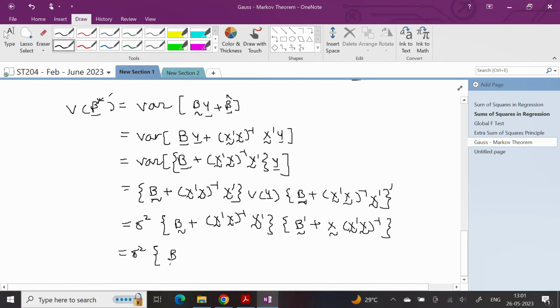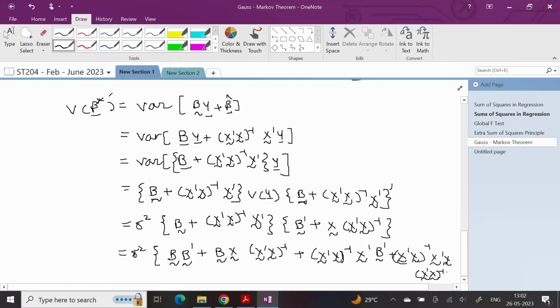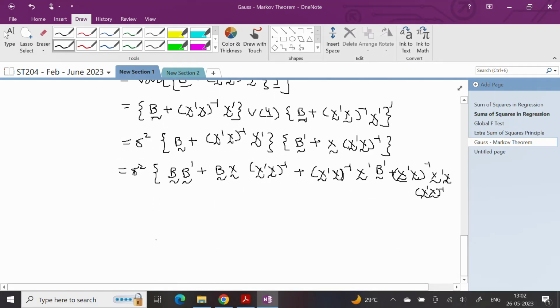So this is sigma square into, let me take the product, so I'll have B prime plus B X into (X prime X) whole inverse, plus (X prime X) whole inverse into X prime into B prime, plus (X prime X) whole inverse into X prime X into (X prime X) whole inverse. Okay,